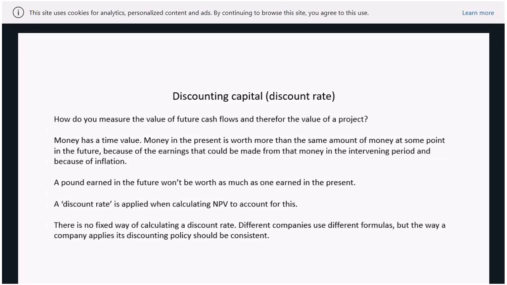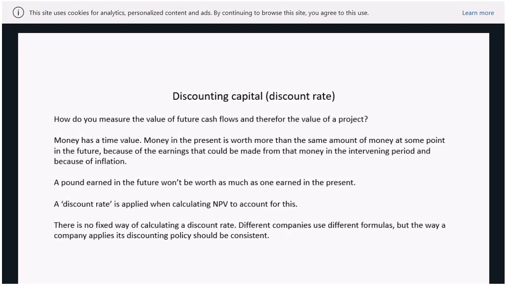No, hang on. Discounting, because when you've got a project which is going to take some time, you need to discount it because the cost of money at the point that you're setting the project up is going to be more valuable than the cost of money in the future. So when you're working out the value of a project, you discount it using a particularly complicated formula, which I haven't shared with you, which you may have come across if you were Googling. And the problem is there is no common way of working out what the discount rate is.